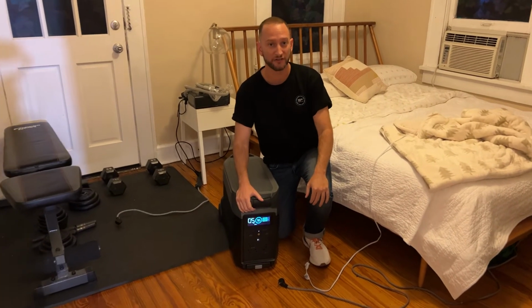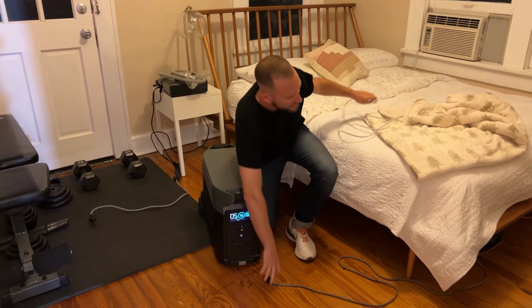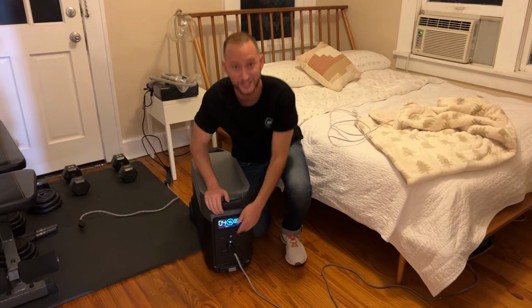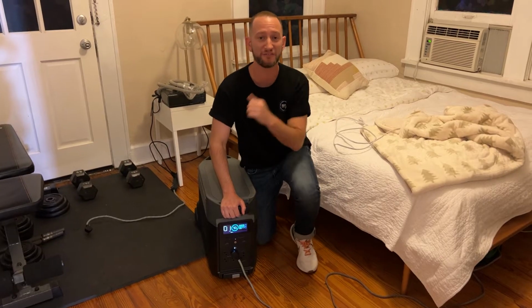It's starting to cool off. I've got my heating blanket right here. I can plug this in. I've got an extension cord, because I quickly want to show you that I can go ahead and plug my window AC unit in. And just like that, my window AC unit is going to turn on, set to 75